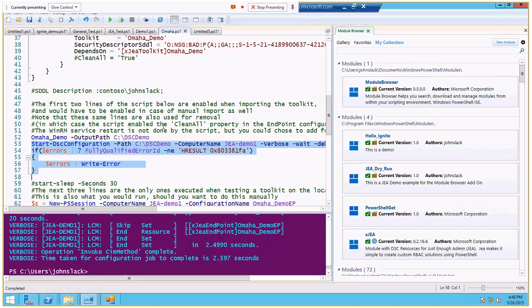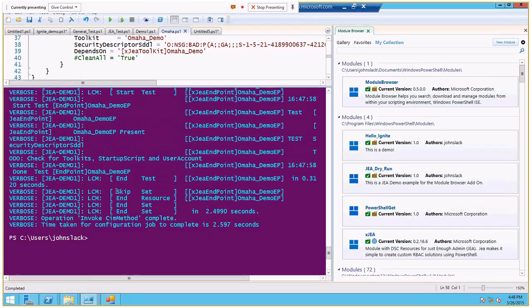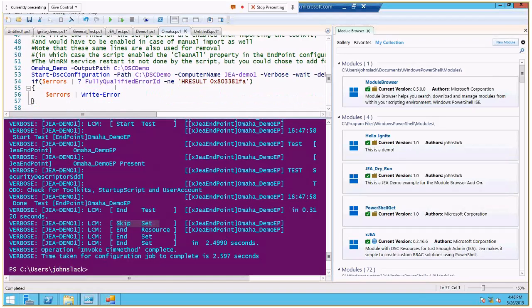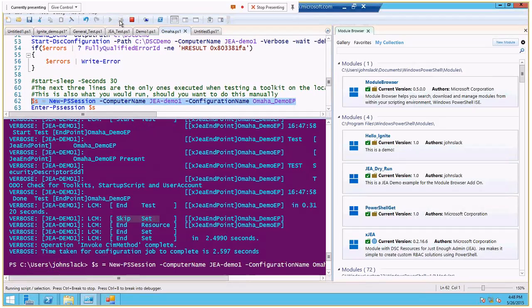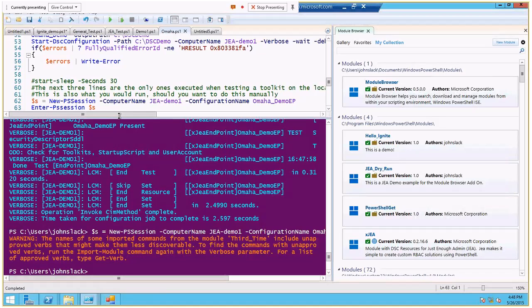So now after running this, I should be able to come down, create a new PowerShell session, and then remote into that session after it's created. Oh, it is also telling me that I used an unapproved verb. That is a great point. I should have used an approved verb. Shame on me. But when I run get command, do something, we see I have do something, and when I run it, I get a list of commands that